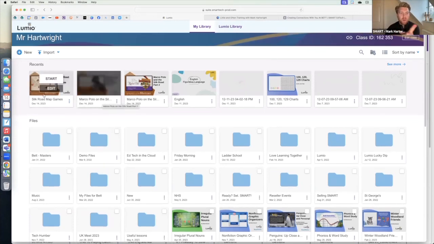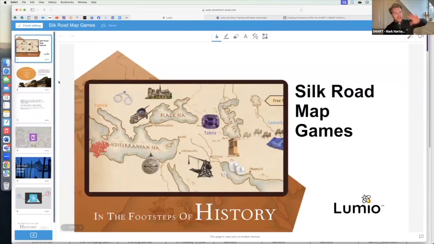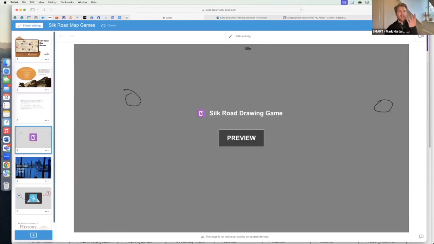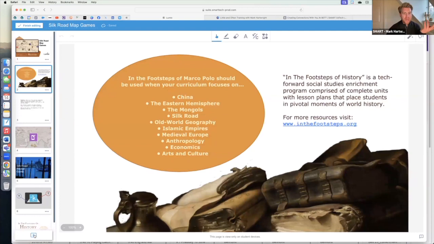In fact, I'm going to do it on the next one. What I was going to do in this one, I missed off, was edit. So also at the beginning of this one, as well as plotting the map, I wanted to know what they knew already about the silk trade. So for this, I was going to add in